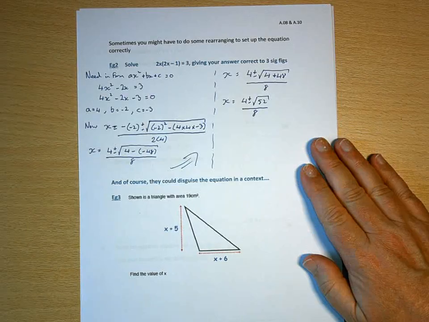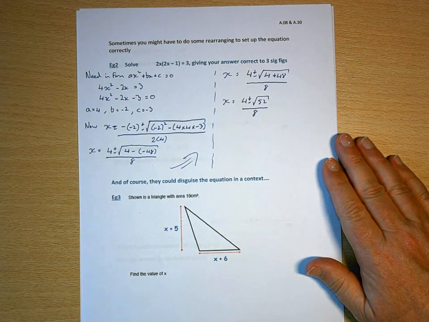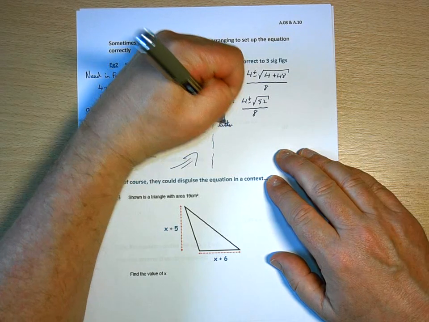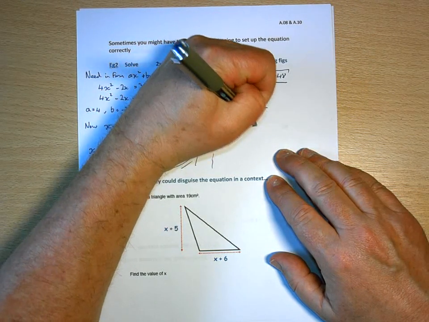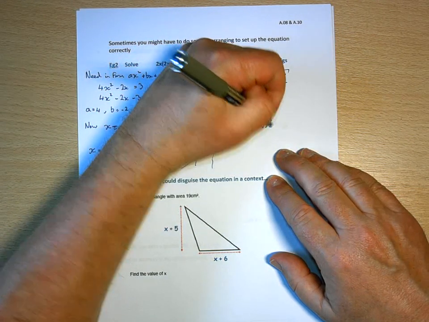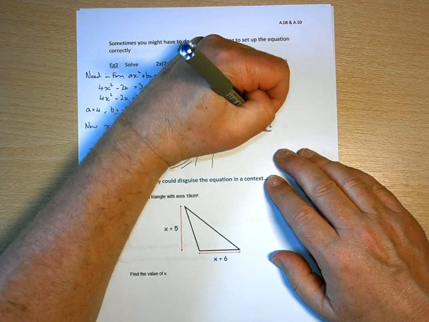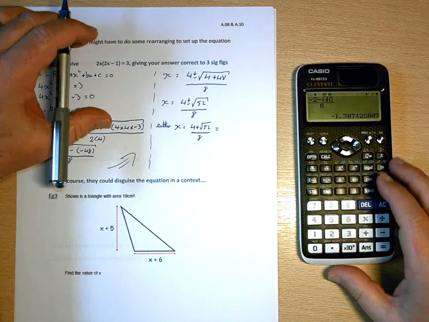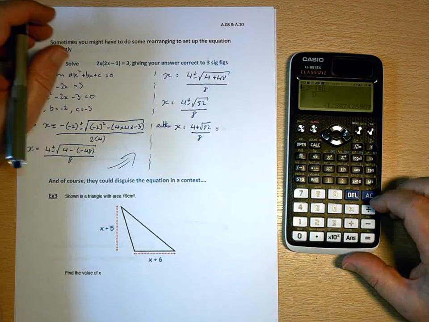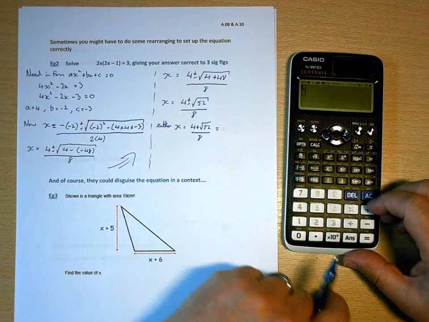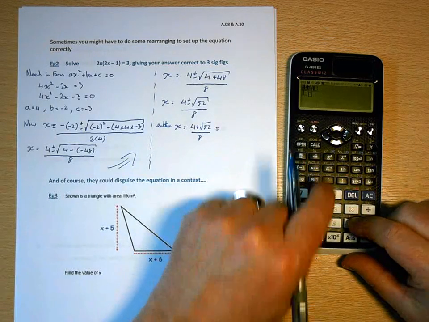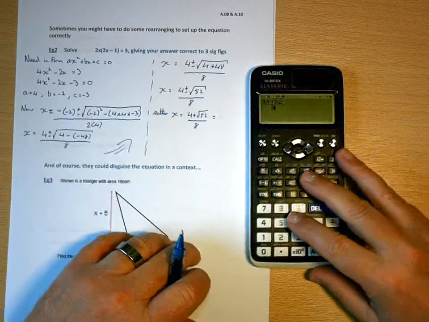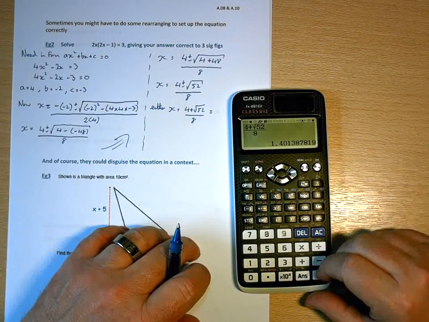That's as far as I can get without splitting up the plus and minus. So I say either x equals 4 plus the square root of 52 all over 8. Okay, so cancel that one. Fraction button. 4 plus square root 52 all over 8 equals